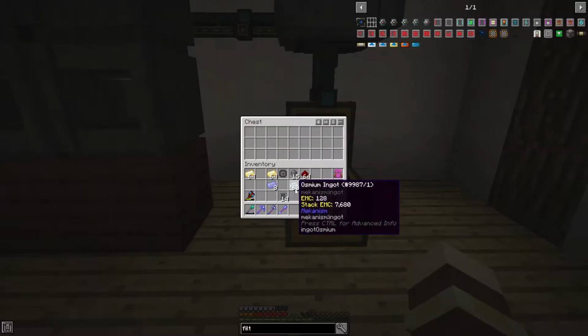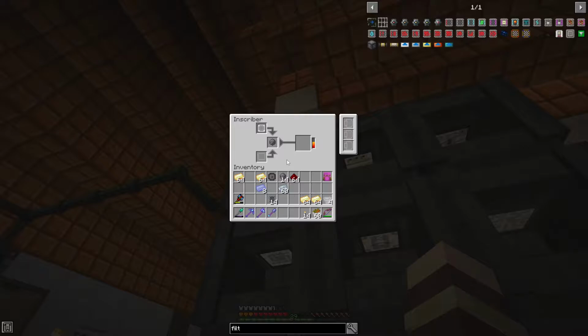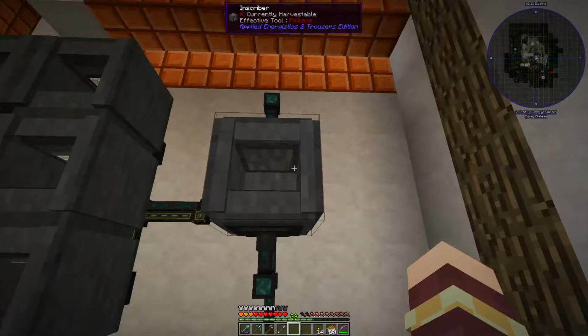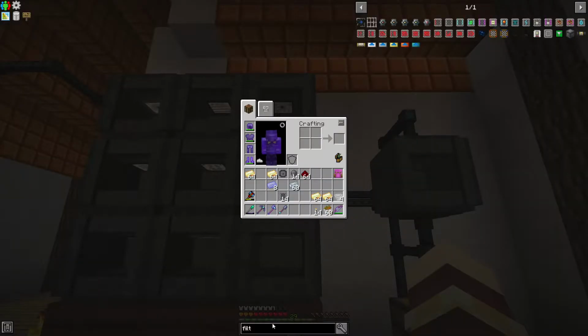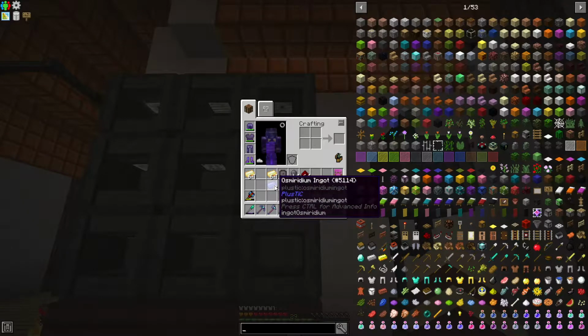But basically, right, we put a piece of silicon there. It should go up to this one, where it will be squashed into a silicon plate, printed silicon, and then it should go in here on the bottom slot. Okay, and then because we want to make, what do we want to make? Oh no,